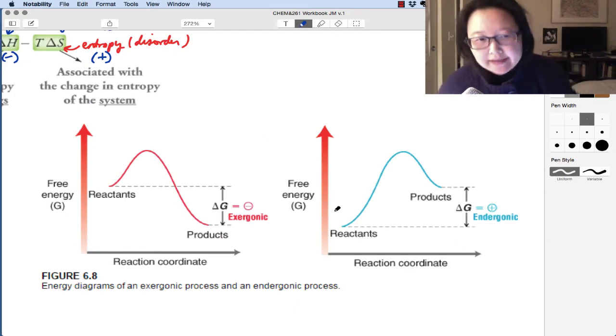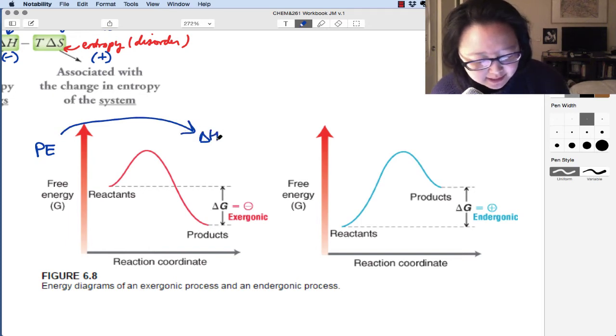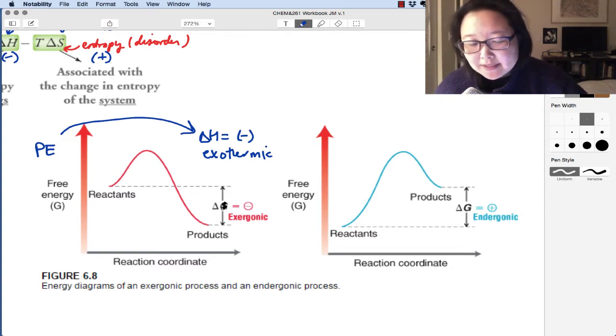So down here I have two reaction diagrams, one for an exergonic reaction, that's where you have the free energy change that is negative, and an endergonic where you have a free energy change that's positive. I also want to note that sometimes we just label the y-axis potential energy or simply energy, and then the terms that we use for exergonic, actually we tend to use delta H then, which is negative when it's exothermic. So exergonic is used when we're talking specifically about delta G. Exothermic is generally used